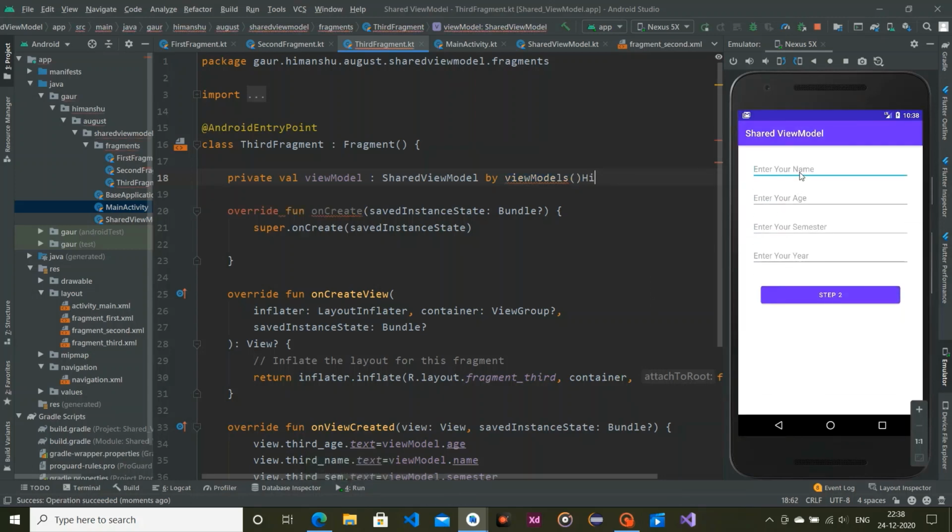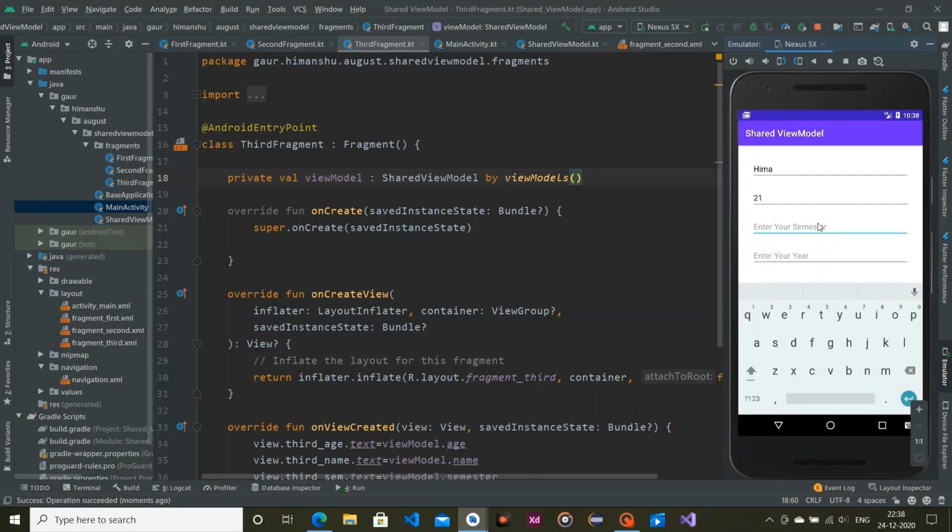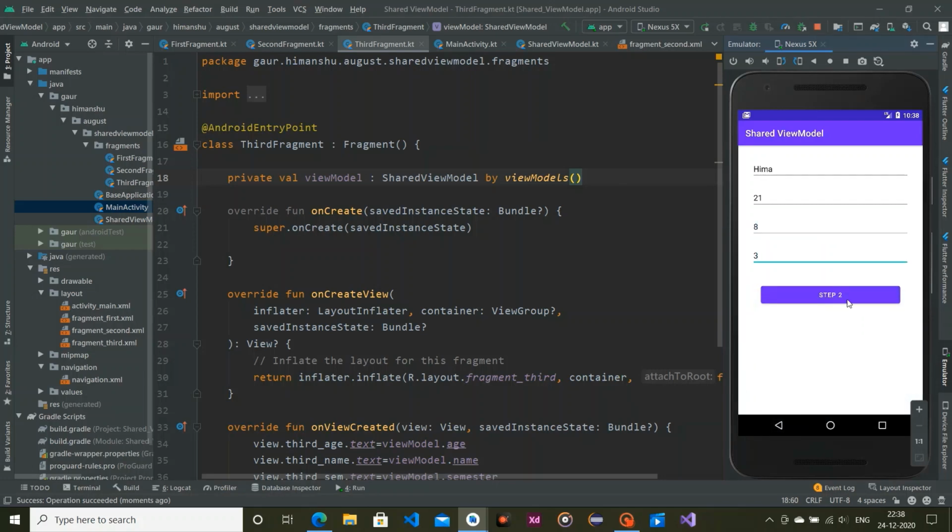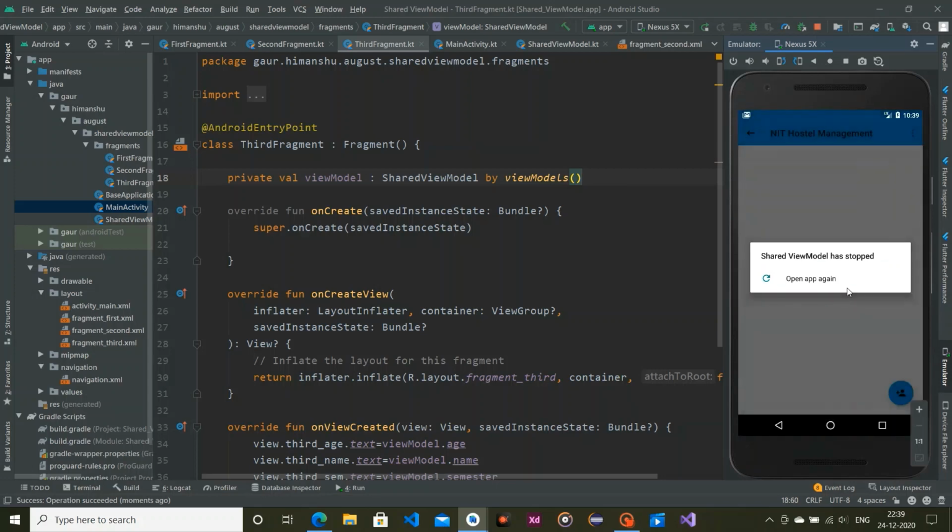So now I'm entering some data. My year is third, and just press step 2, and you can see our application will basically stop.